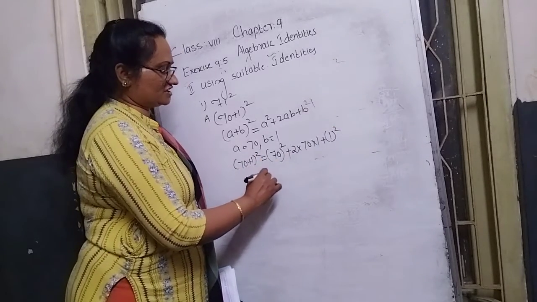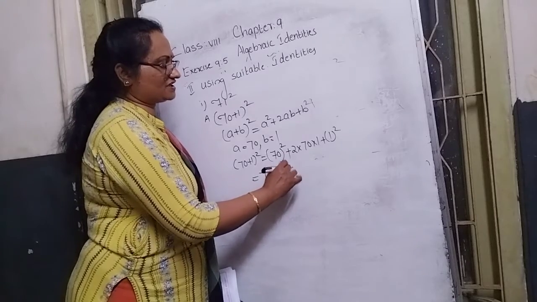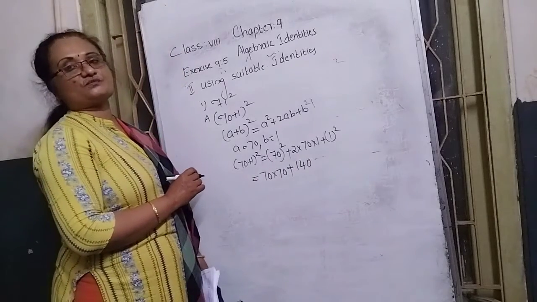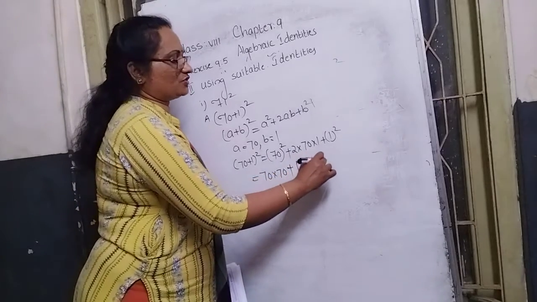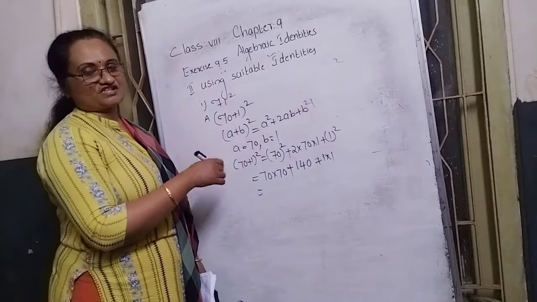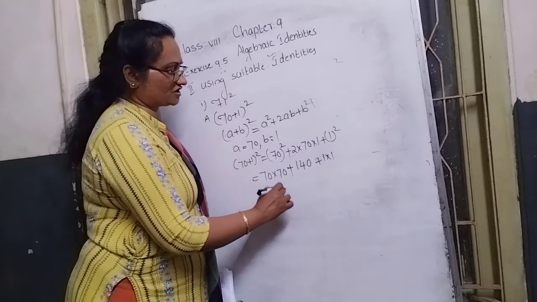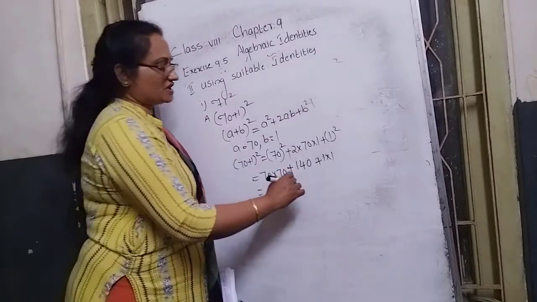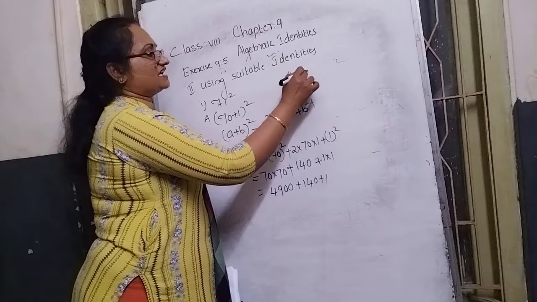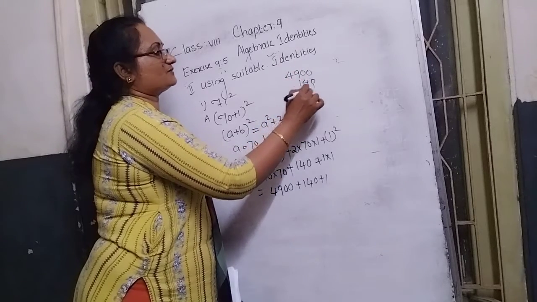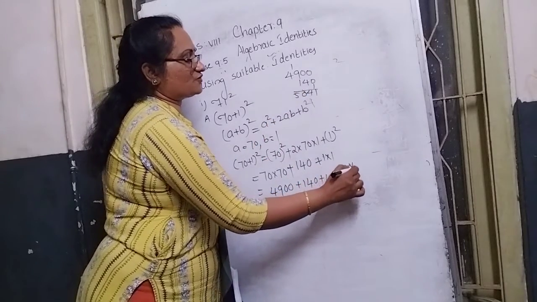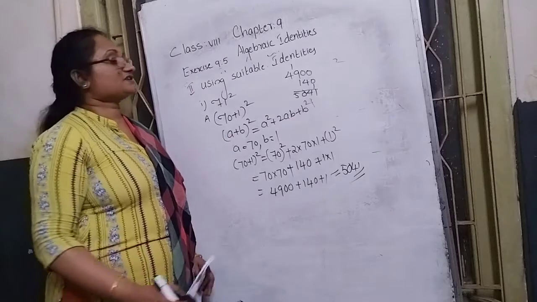Again expansion, 70 the whole square means 70 is multiplied how many times? 2 times. Then 7 into 7 becomes how much? 49. How many zeros are there in the second term? 1 zero. Plus 1 square, how do we carry? 1 into 1. Again calculation. Carry the zeros, calculate the number, just a small number. 2 sevens are 14, and in total how many zeros are there? 2 zeros, so 4900. Plus 140 plus 1 into 1 becomes 1. So we can write 4900 added with 140 plus 1. So the answer becomes how much? 5041 is the answer. Here they are finally added.